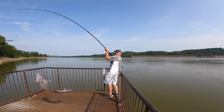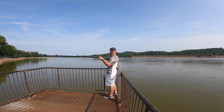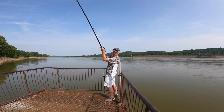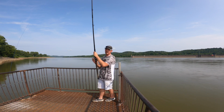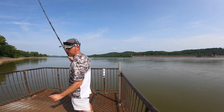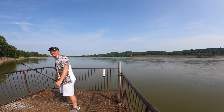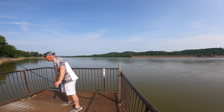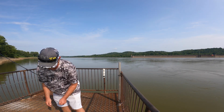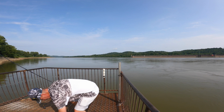Don't attempt that at home. Don't attempt that with a light rod. This is a custom Batson rod. It's made up to like 11 ounce stuff, you know. So don't attempt that all the time unless you got a real heavy rod that you feel like is really strong enough to lift the fish like that. I don't really like to do that, but